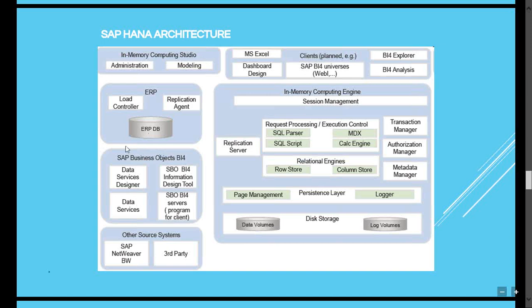This is the source system. This source might be anything. Here we are seeing examples of ERP systems and other third-party source systems. It might be from flat file loading, it might be from Oracle, from DB2, or from Hadoop, anything. You're going to get the data into your HANA database, do the modeling in the studio, and those models will be consumed by reporting tools. So this is the end-to-end life cycle of the data present in the HANA database.